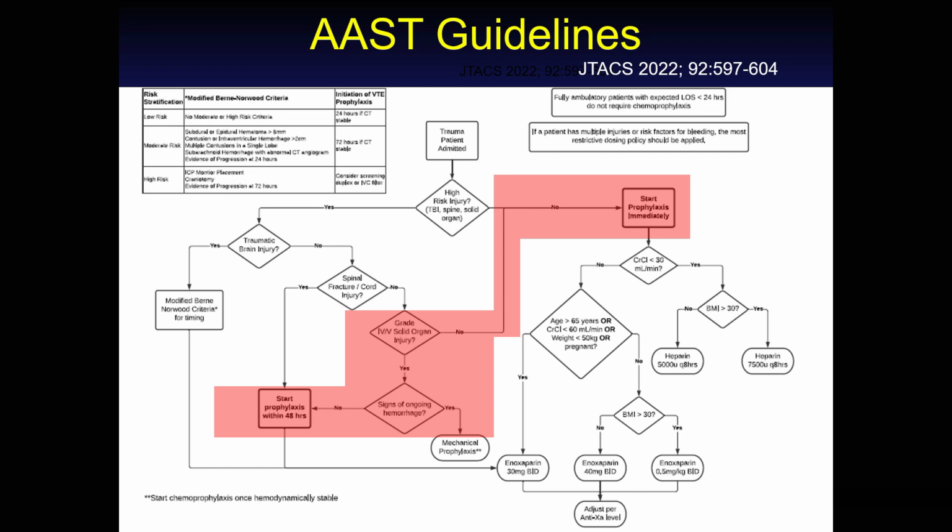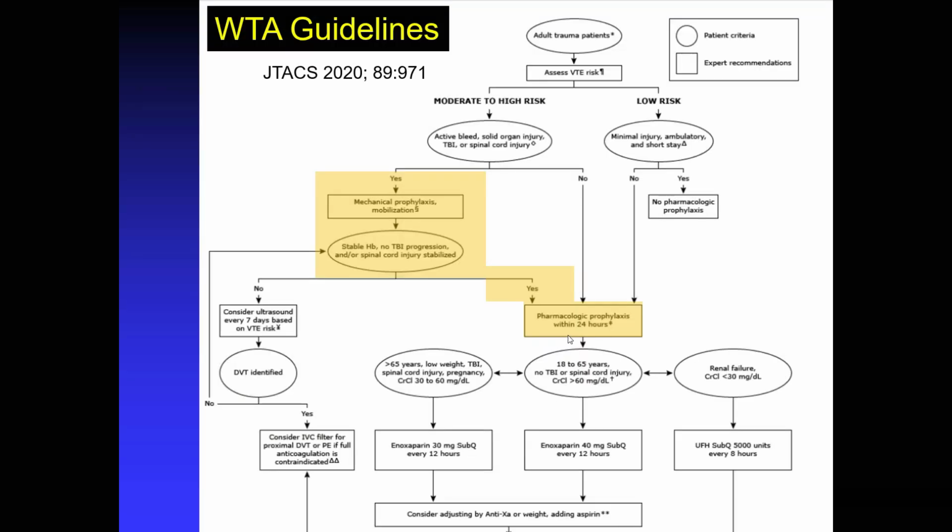So I'm a little more comfortable with waiting maybe 24 hours, 36 hours maybe, to ensure there's not ongoing bleeding prior to initiation of chemical prophylaxis in lower grade injuries. And as the guidelines do call for from the AAST, around 48 hours after stability is achieved in higher grade injuries. This is accounted for within the Western Trauma Association recs, but the WTA recs fail to make the distinction for higher grade trauma, which I think is better accounted for in the AAST approach.